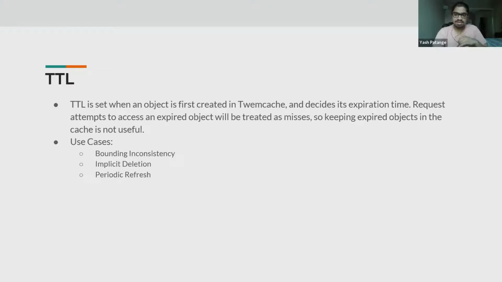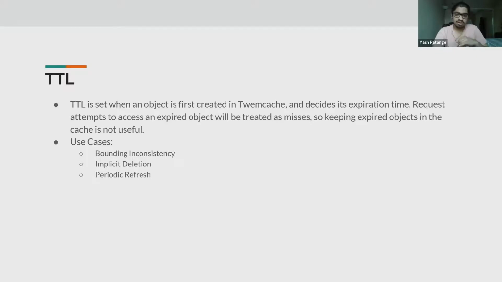Next is implicit deletion. Your TTL represents the lifespan. For example, as I talked previously about rate limiters, a rate limiter is basically a time span, and once it is expired, your rate limitation is over. Another example of implicit deletion is the GDPR regulation, where once your TTL is up, the data should be wiped off for the regulation.